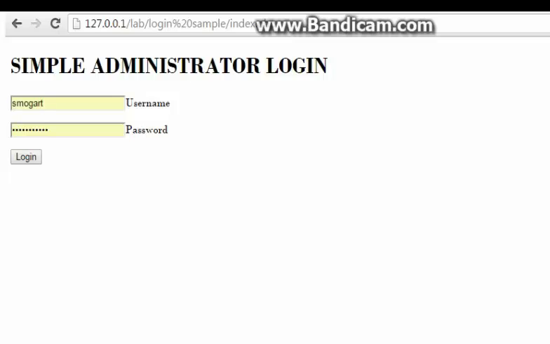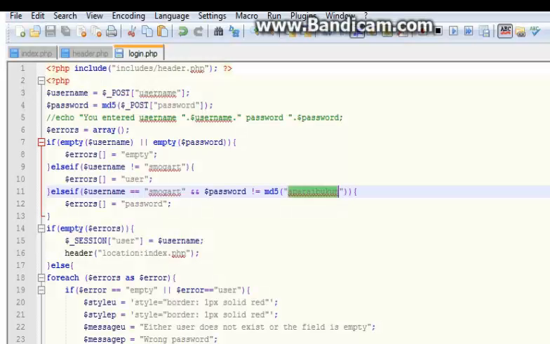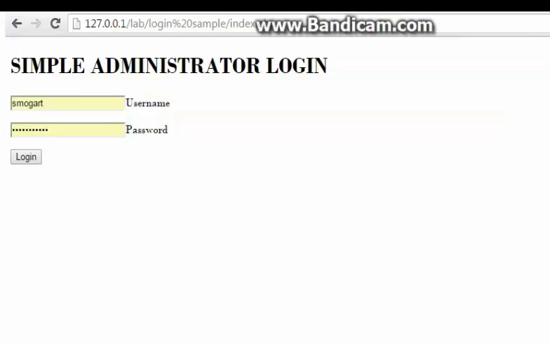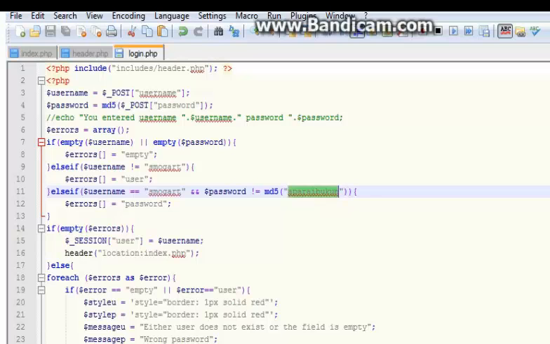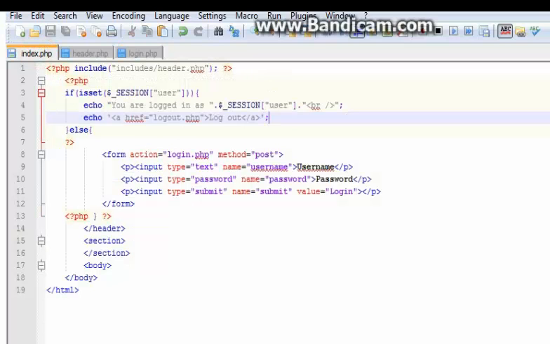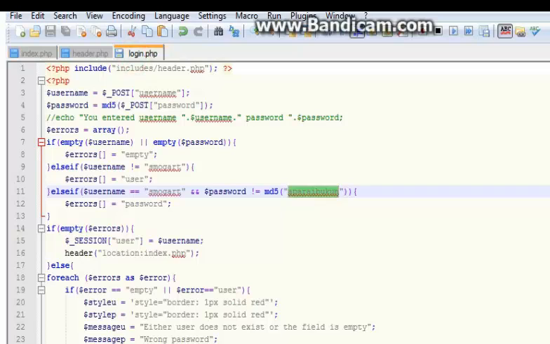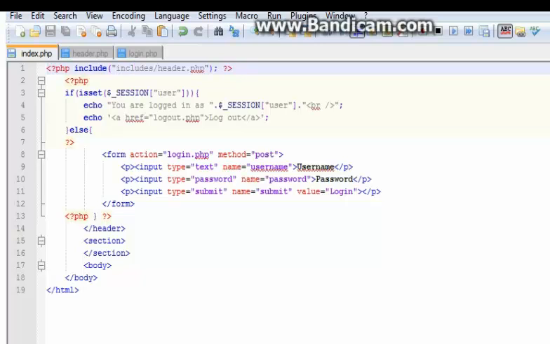It's actually taking us back to index.php. That means there must be something wrong somewhere. If we set session user, okay, login.php session. Let me just copy this. Let's echo